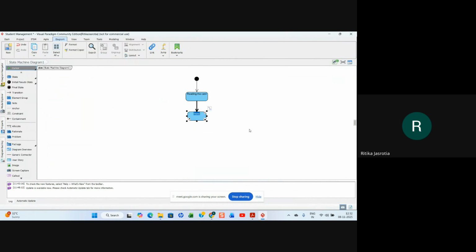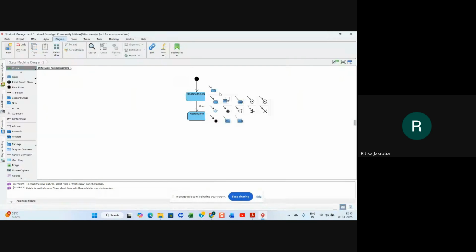Suppose another state we make. So if it is successfully read, then we will make a reading pin. If it is successful, you can put a message here, successful reading.